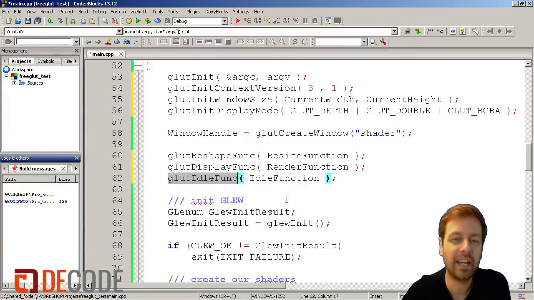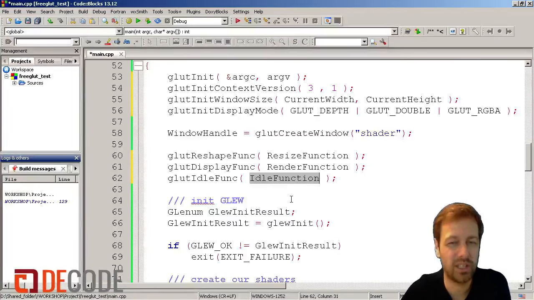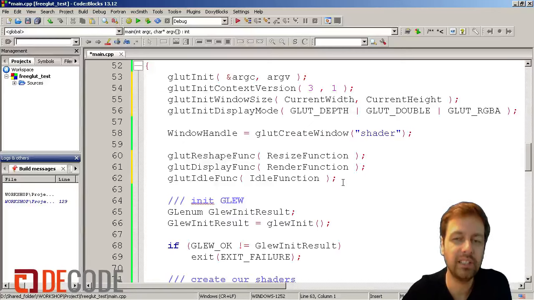And we've got the idle function this time separately, which is a better way to do it than we did last time. So we call our own idle function whenever the system's idle, so just think of it as some kind of background functionality. Okay, this is all for the FreeGLUT